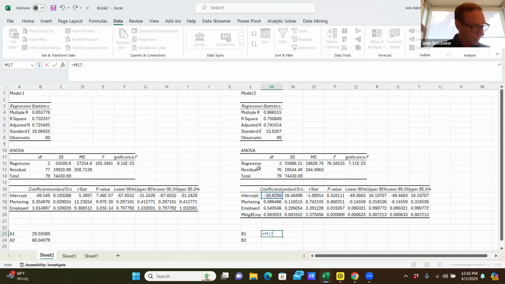So we start with the intercept plus, and then the first part's kind of the same, at least the same fields. The marketing coefficient times 80 plus the employed coefficient times 50